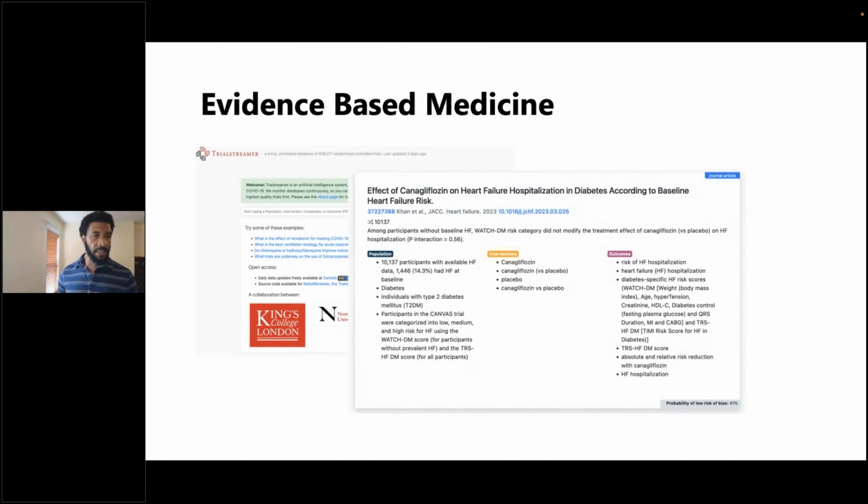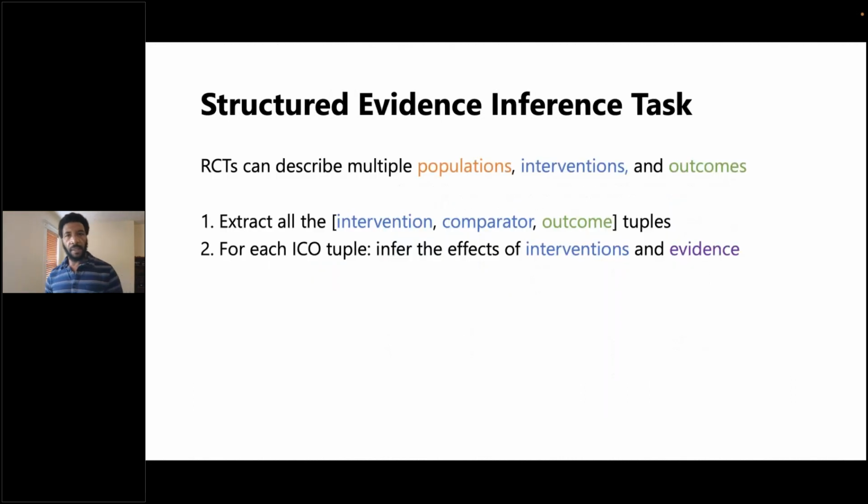This interface provides all this information, also provides a small summary of the paper, kind of like the punchline. But one thing that this interface does not provide is what was the effect of the different interventions on these outcomes. And so the way to move forward or to add this information is the goal of this proposed task, which was developed and proposed in 2019 by Byron Wallace and other colleagues.